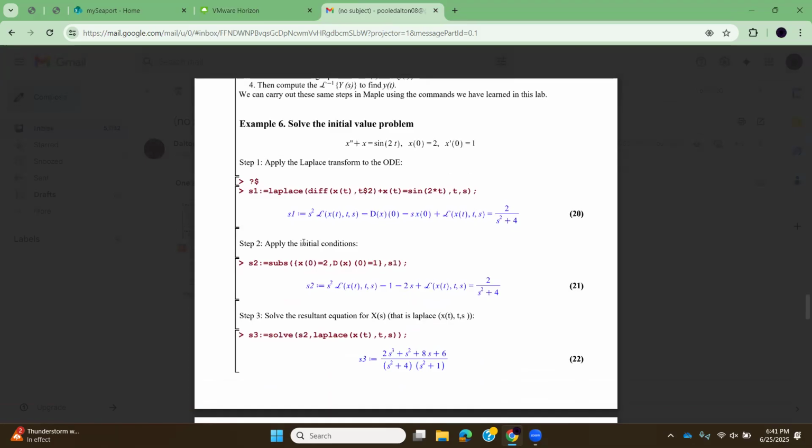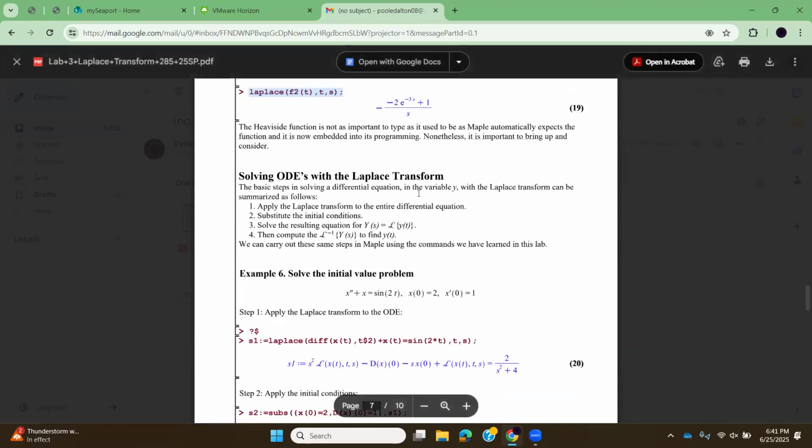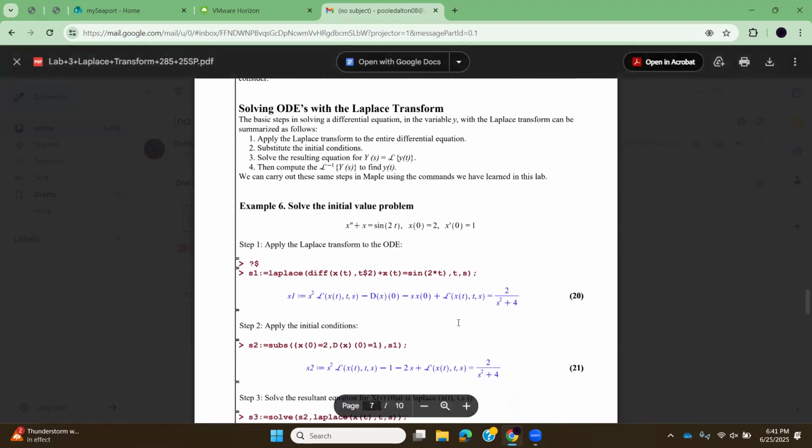So it's more of the same, really, right? We're basically going to apply it to the entire equation, put in the initial conditions, solve the resulting equation, and then find the inverse. And you could do all that using the